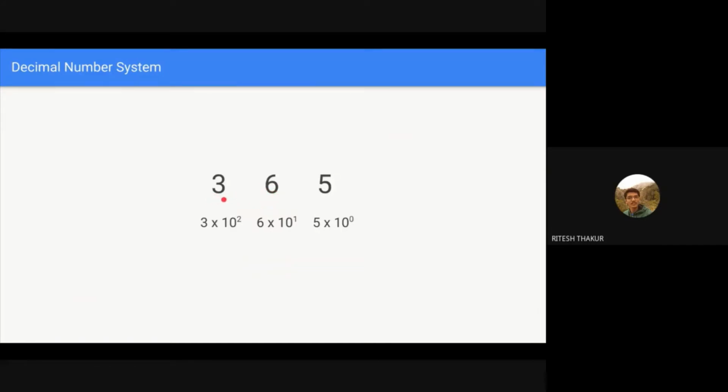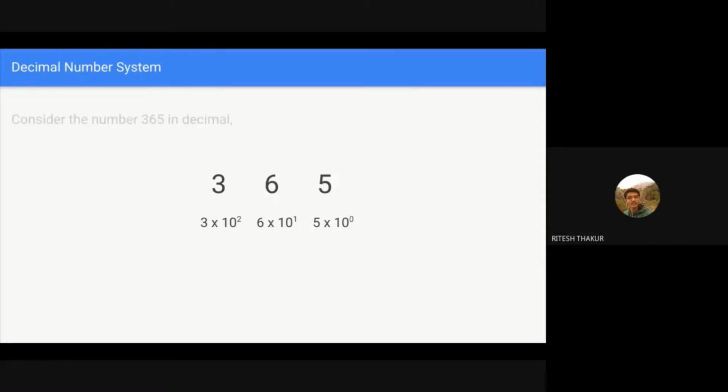So these are the powers of 10 related with these positions, and at each position we can have a multiplier to that power. At the ones place we have 10 raised to 0, and we are multiplying 5 in this case with that power. Similarly, in the tens place we have 6 as a multiplier, and in the hundreds place we have 3. When we want to find the value, we use the multiplier and then the power. So 3 into 10 raised to 2 is 300. Then this will be 60, and this will be 5. Using that we get the actual value, which is 365 in the decimal number system.